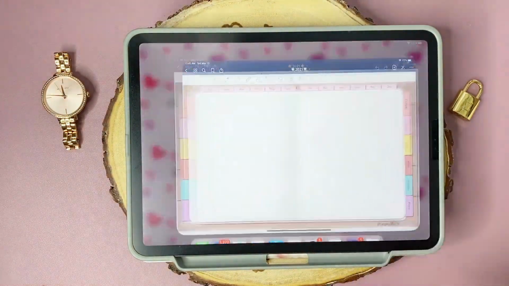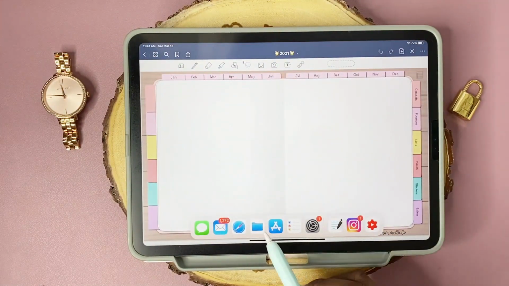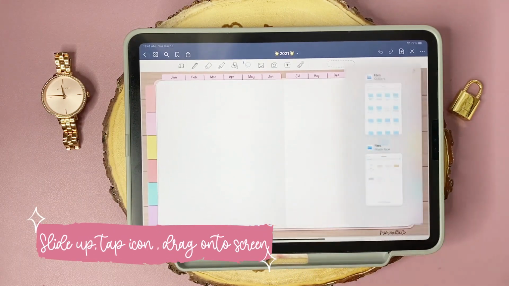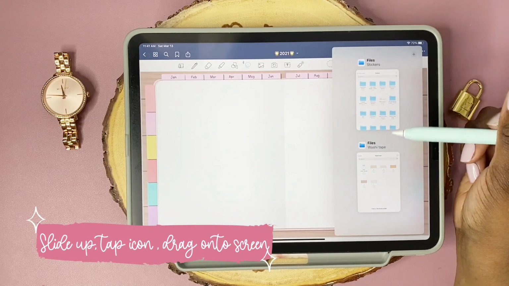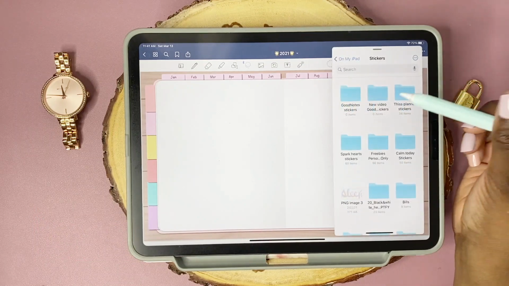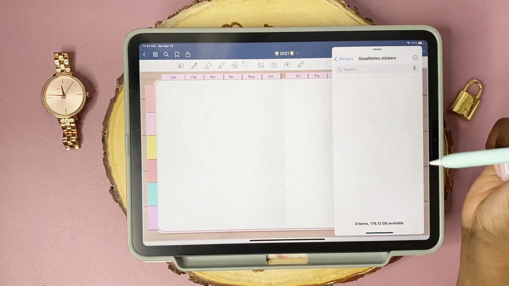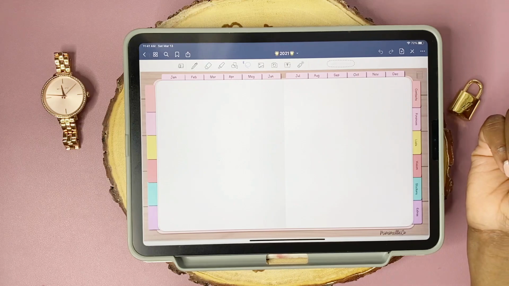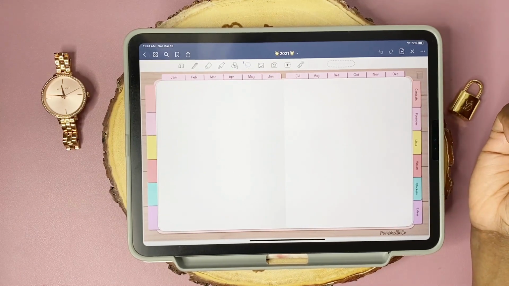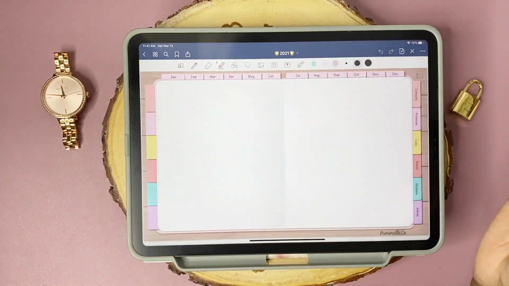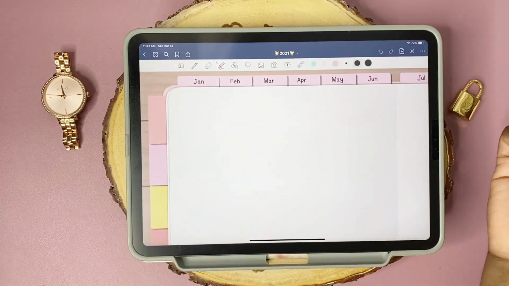So go back into GoodNotes, slide up from the bottom, tap and drag the files folder up until you see it on your screen like a little window. So it's going to open up, and you just tap on the folder that you just created and it's going to open up into that GoodNotes stickers folder. So now we're just going to slide it back to the side because we don't need it right now